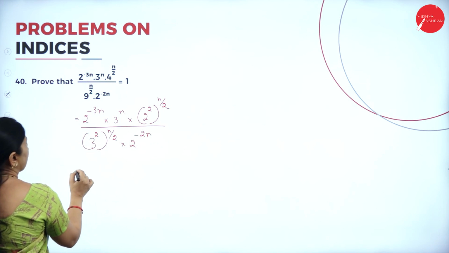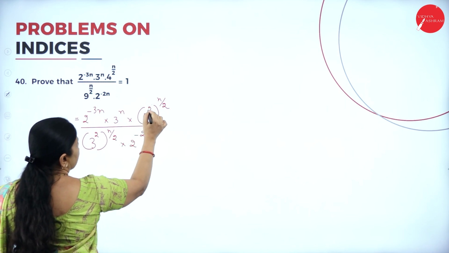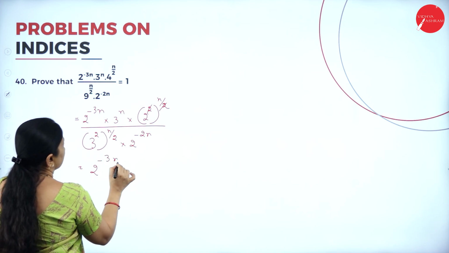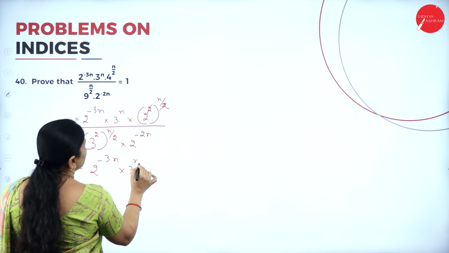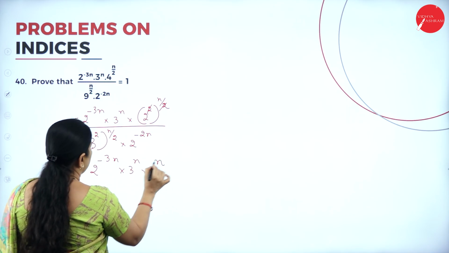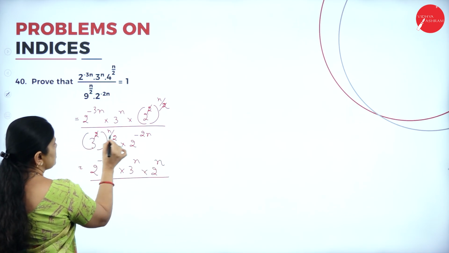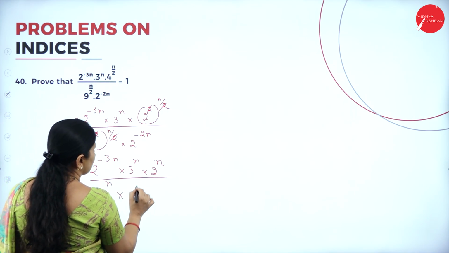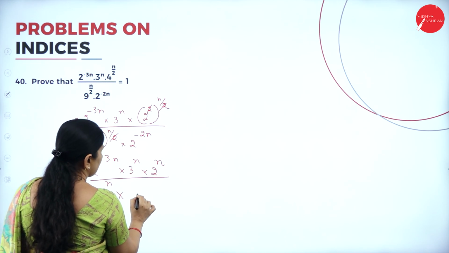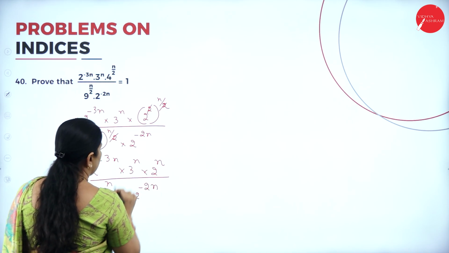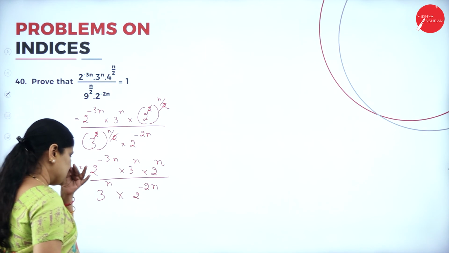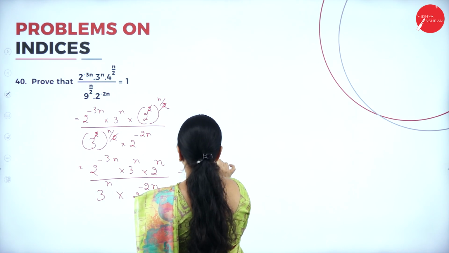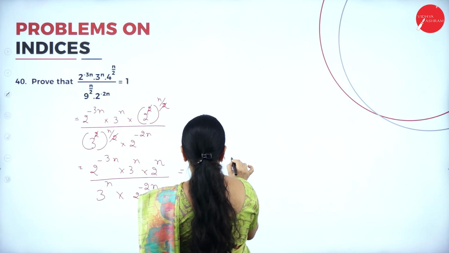Now, I will simplify this further. So, when I simplify this further, I will get 2 to the power of minus 3n into 3n into 2 to the power n, whole over. So, this 2 and 2 get cancelled. So, 3n is remaining into 2 to the power of 2n is 2 to the power of minus 2n. Now, I am simplifying this. So, when I simplify this, I will get 2 to the power of minus 3n plus n